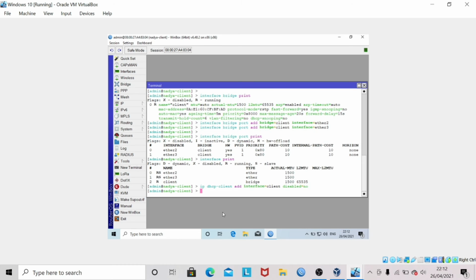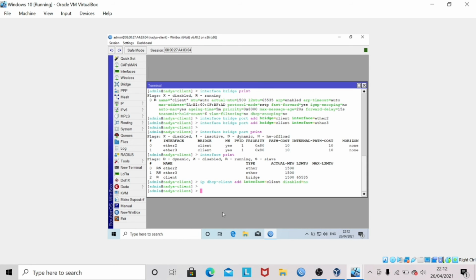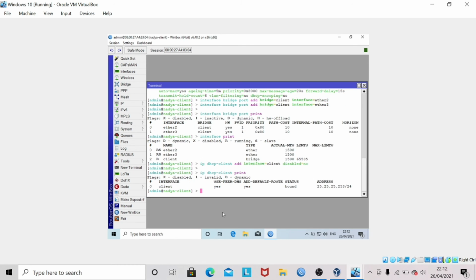Press enter. Check the result with ip dhcp-client print. And you can see that we have got the IP address, which is 25.25.25.253/24.